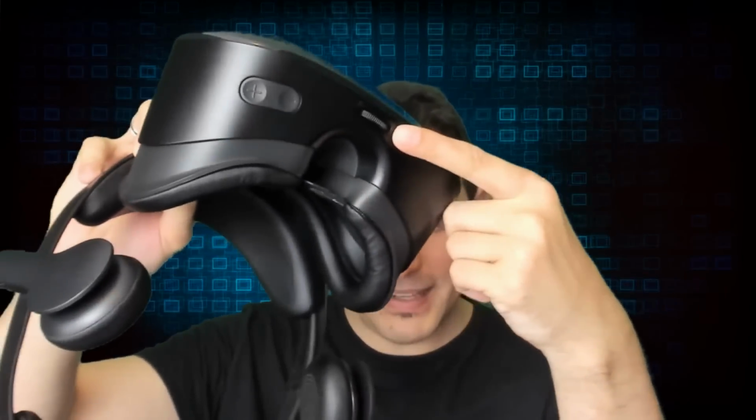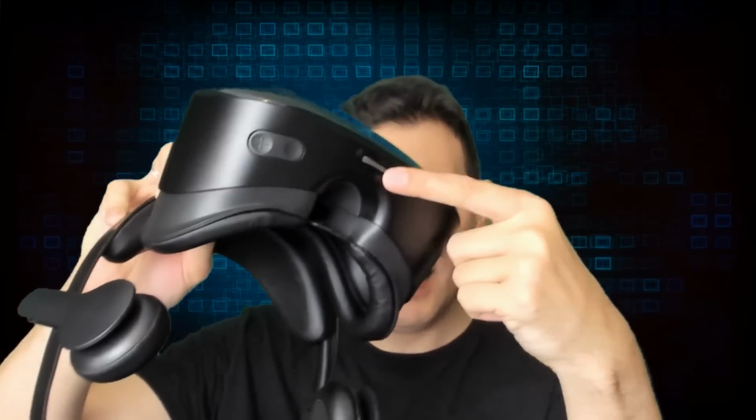Now, for many people, another important feature that you also can find on the bottom of the device is the IPD adjustment, this wheel here. Now, what is the IPD? The IPD is the interpupillary distance, the distance between your eyes. The average is 64, but if your IPD is considerably larger or smaller than this, you will run into problems